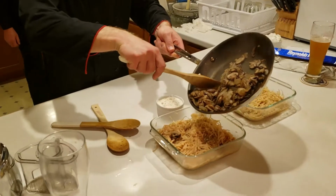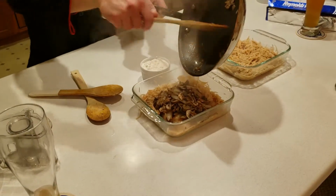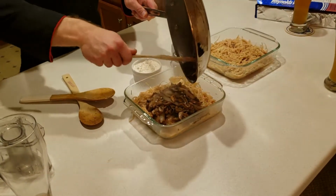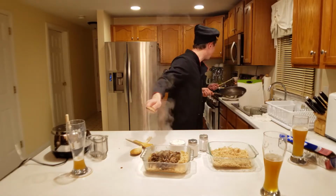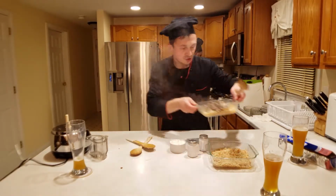We will probably use a slotted spoon and basically just drain all the liquid, get rid of all the liquid. But for right now, let it sit there and try to reduce a little more. So we got that. The mushrooms going. Yes. The mushrooms are going into